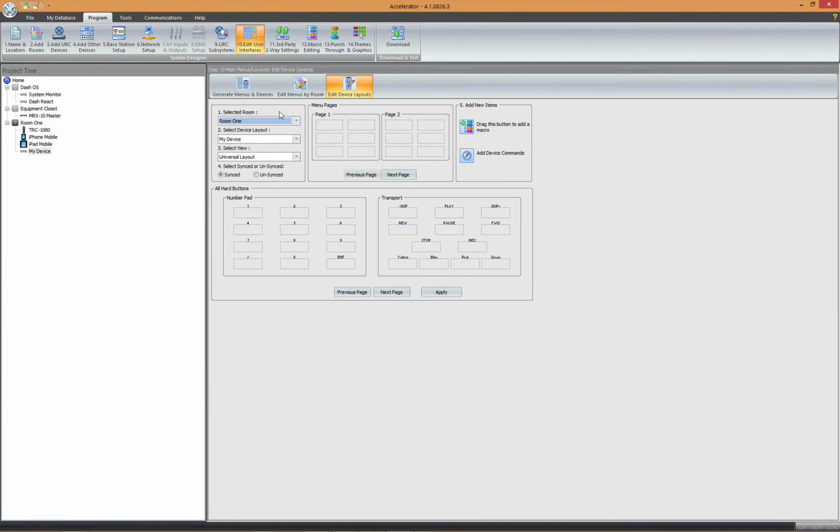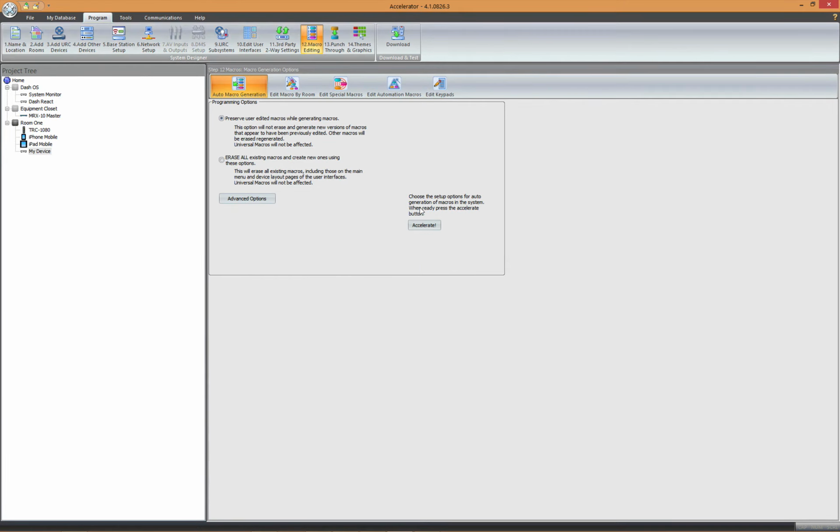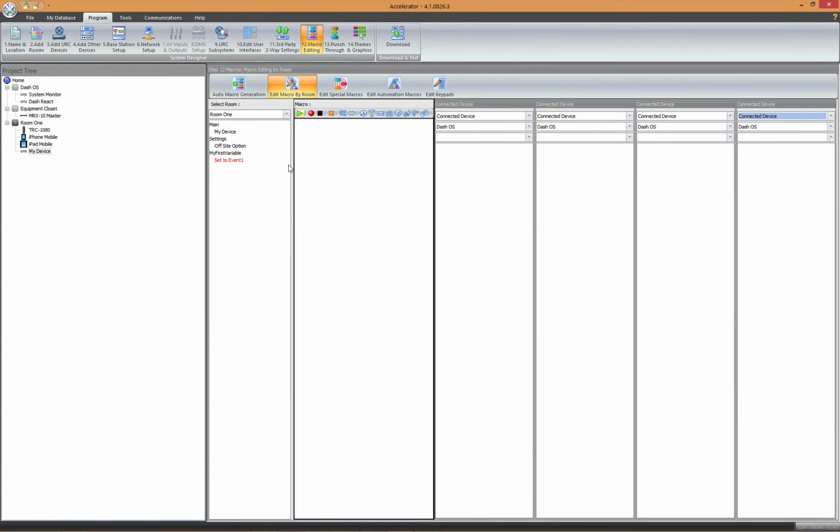Now I'm going to just turn off syncing for my device here, which we'll go over why in the near future. So let's go back to our macro. Here's our custom macro that we just added. Now we set a variable and manipulate variables, and pretty much all of the programming for React is done via TCL command. So we're going to open up the TCL command window here,